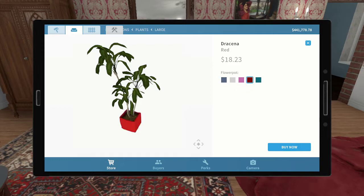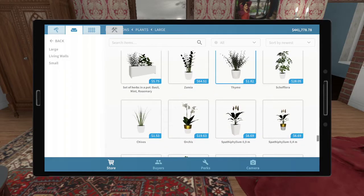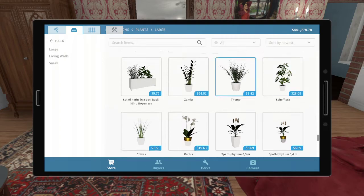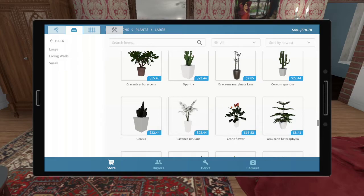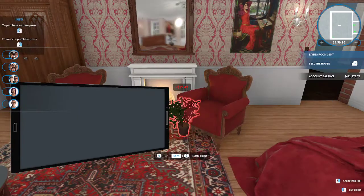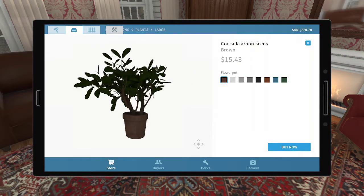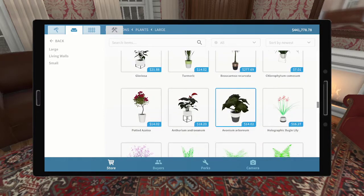But again, so where's the Schefflera? Did I just zoom right past it? There it is. Do you have a decent? No, you don't. Oh my God, seriously. Really? I've never liked that one. I don't know why. I'm sure that's on me, but what about this one? Oh, it's very small. I was looking for a bigger one. Come on. It's really, this is small. I can tell it's small. I could be wrong, but